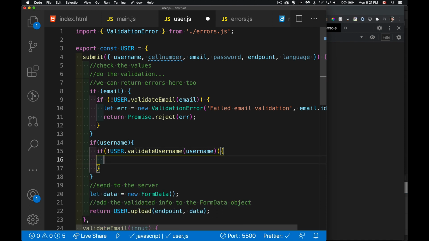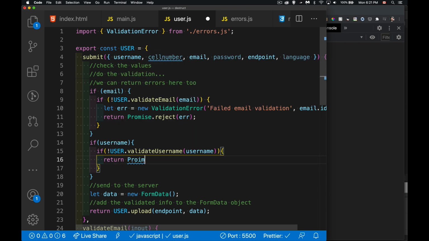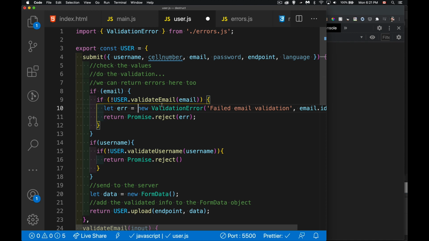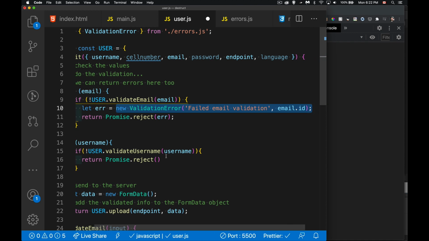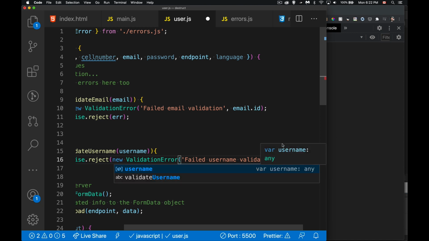We do this, and if it doesn't, we can return promise.reject, and the error is going to be one of these new validation ones. Getting more code reuse, failed username validation, and username.id. So whatever the field is,